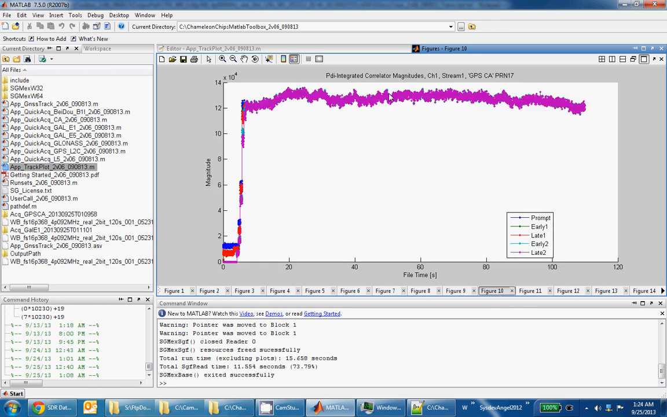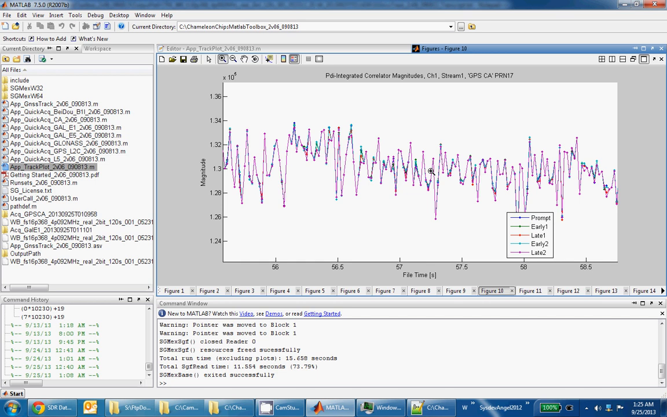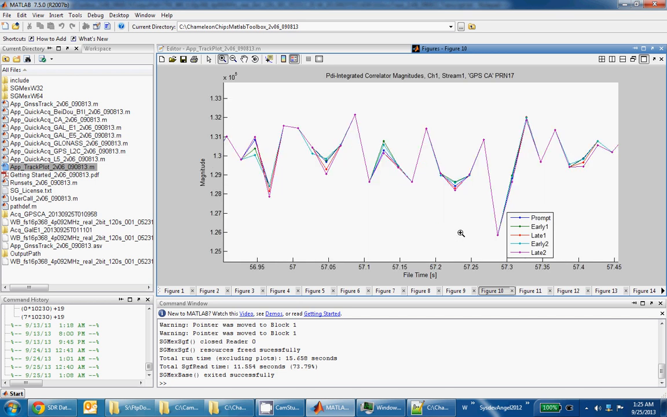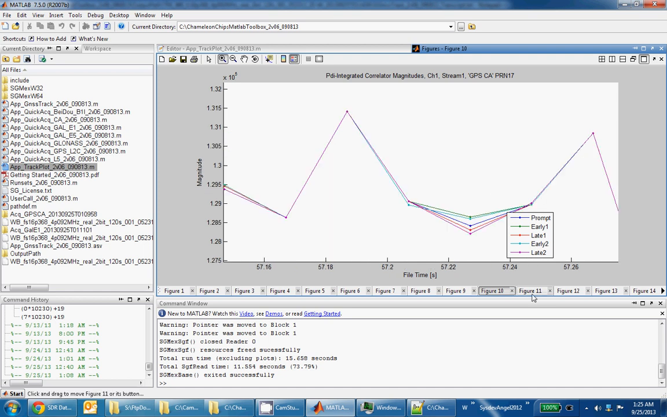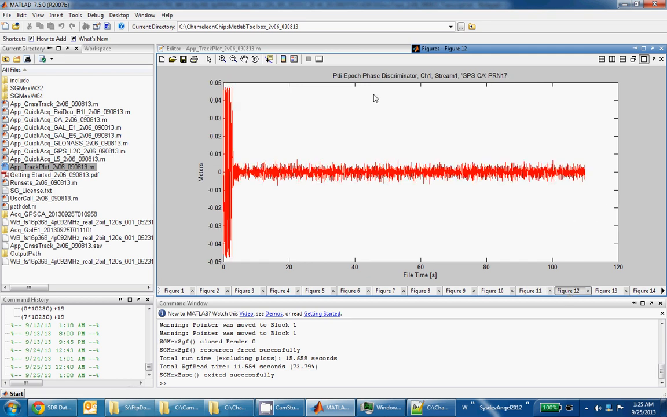Figure 10 is showing you the pre-detection integrated correlator magnitudes, and I believe this is 200 milliseconds of coherent integration that's used to drive the coherent code tracking discriminator. So again, you can see how close together the points are. This is the frequency discriminator, which is turned off after we go to PLL mode tracking. This is the phase discriminator,